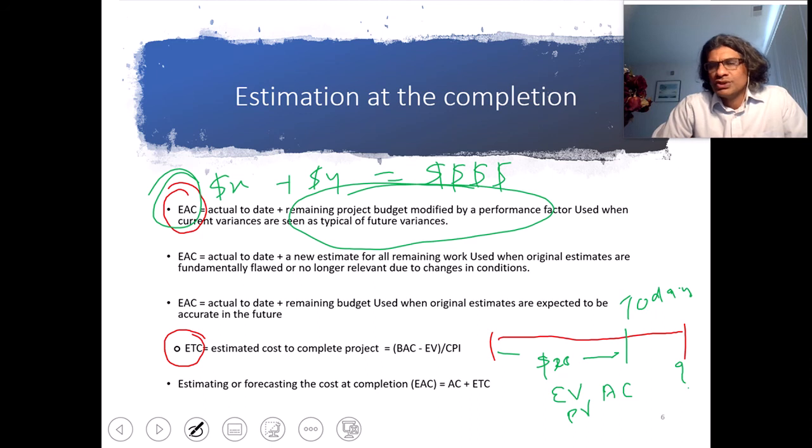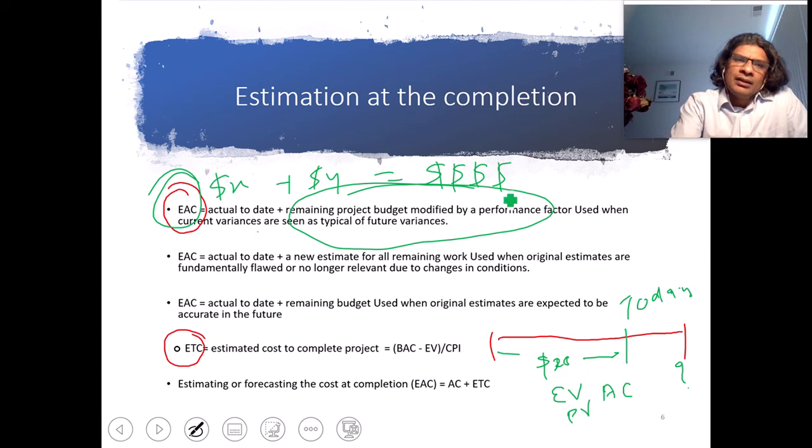It's one thought process. Looking into the past performance, we can make some assumptions. We are going to do the same level of performance, good or bad, that's 50% bad or 25% better. You can find out the total cost. That is one thing. The second approach is that, looking into the actual cost that we spent, we can also re-estimate